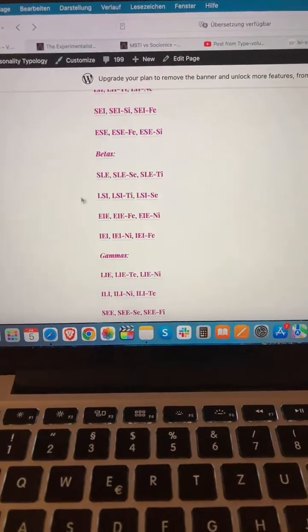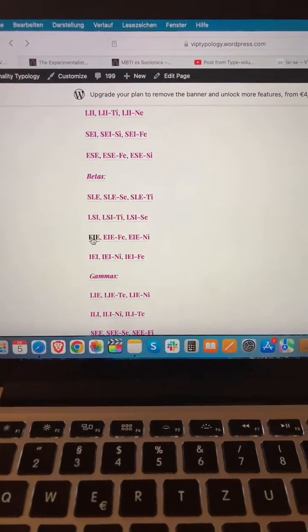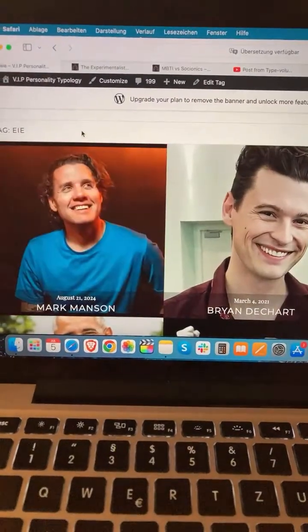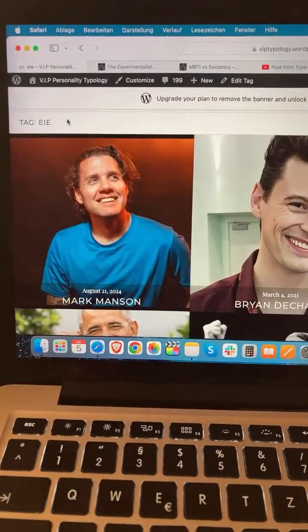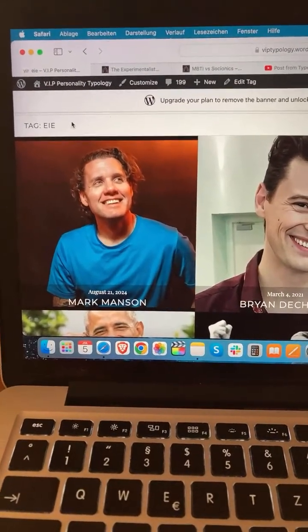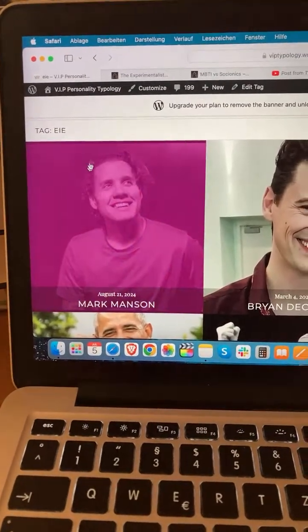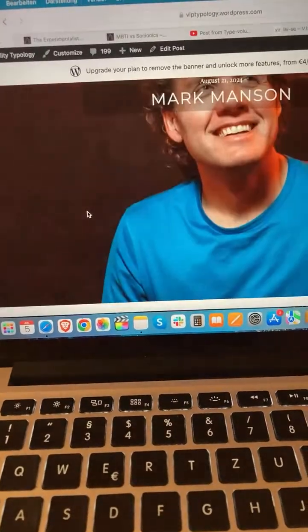You kind of have to study people to really see the differences. I actually want to go to someone I typed as EIE, ENFJ no subtype, but he might actually lean towards Ni subtype a little bit. Like I said, it's a bit of a spectrum with some people. Some people lean towards a subtype or not. I think he might lean towards Ni subtype a little bit, so I might have to change this later.